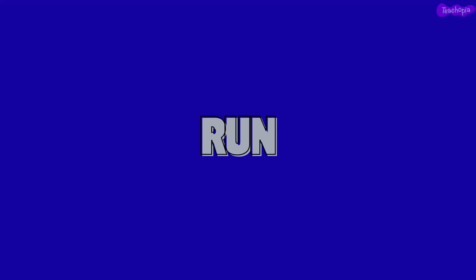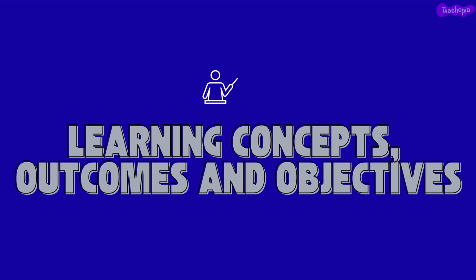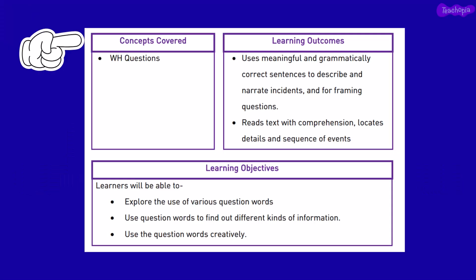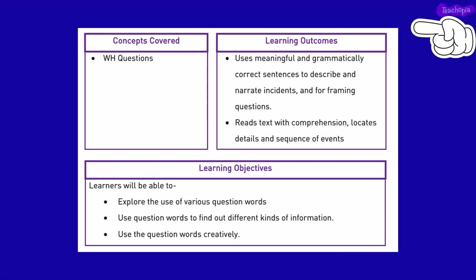Let's look at the project-based learning sheet for the chapter Run. In this sheet, we can expect to achieve some learning concept outcomes and objectives. We will deal with the concept of WH questions in this learning sheet. And as for learning outcomes, we will expect learners to use meaningful and grammatically correct sentences to describe, narrate incidents,